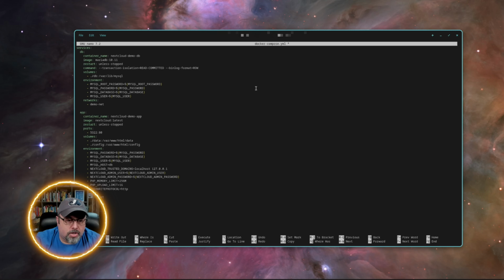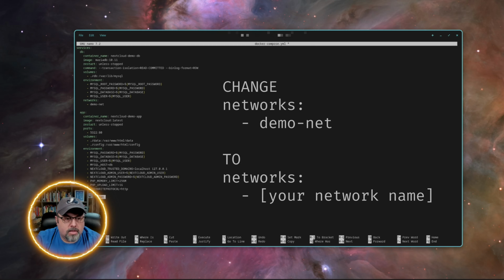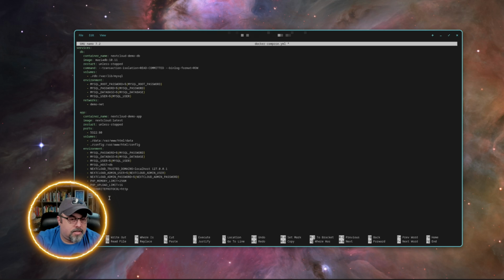Also, the changing of the name, you can change it to just net or Nextcloud-net. I'm just using demo-net because I'm going to use this network more than likely for all of the other containers I'm going to create in this demo environment. If you do change it, you do need to go into each of these services, so DB and app, and as you can see, you need to change it right here. It needs to be exactly how you listed it. So if you change it down there to net, you need to change this to net, and then this one here as well. Okay, so I'm just going to go ahead and revert that, because I'm going to keep it as